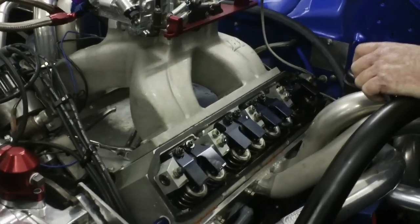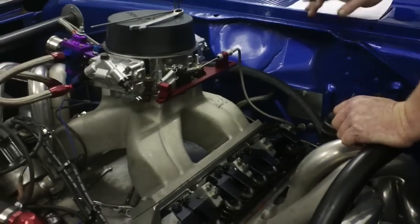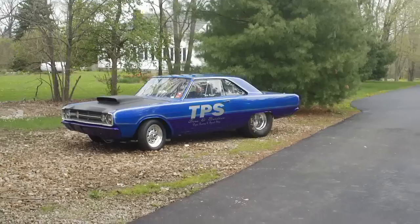And there you have it. That's one side adjusted. This is on Tyler's 400 cubic inch Chrysler engine and his 68 Dart. Then when you're all done, you